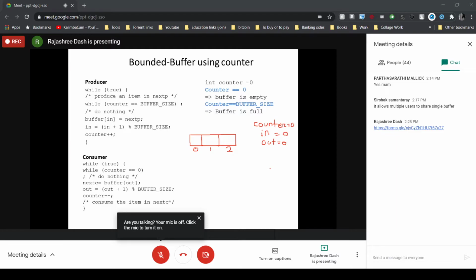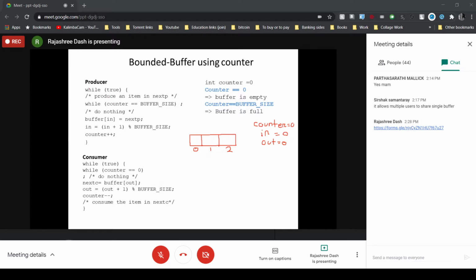Just carefully check. So the buffer size is 3. Initially the counter variable is 0, in is 0 and out is 0. So these 4 are your shared data items. So combined, these 4 create your shared object, which is going to be shared by both the producer and the consumer process.